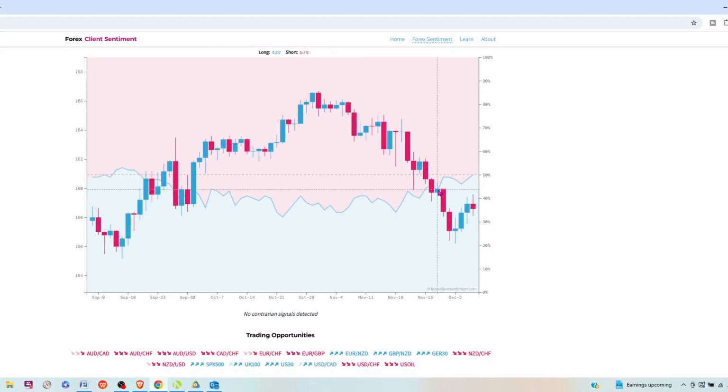So now price has moved down from this red area to this blue area, so now we're on the alert for short positions because the retail traders are becoming increasingly net long. And you can see what's happening here. But right now, the sentiment is sitting right at 50%. So to me, that's not enough, because we could just have this market start moving sideways.